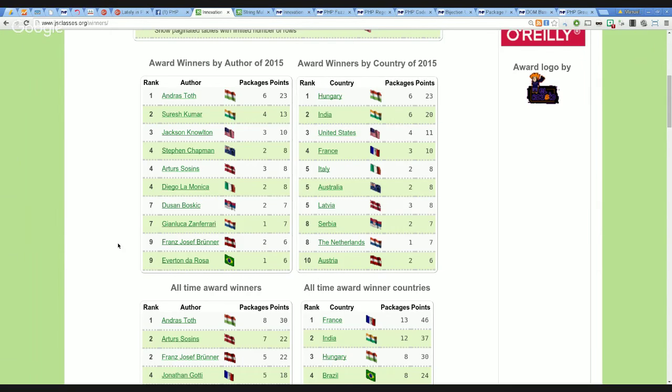By countries, as we can see, it is more or less the same ranking, just mapping authors to countries. So Hungary is in first with 6 packages and 23 points, then followed by India with 6 packages and 20 points. Then United States with 4 packages and 11 points. Then France with 3 packages and 10 points. Italy 2 packages and 8 points. Australia is in 5th, tied with Italy with also 8 points. And then Latvia as well with just